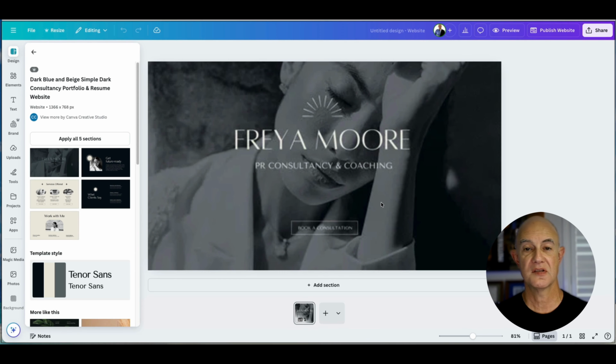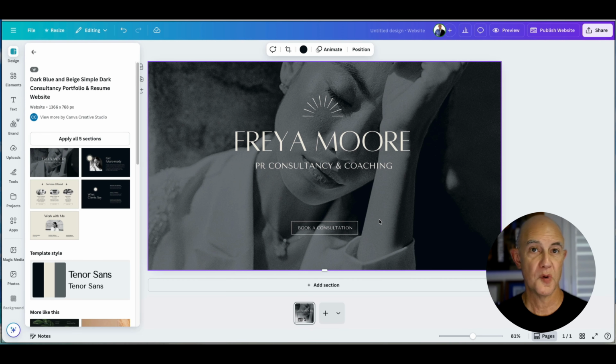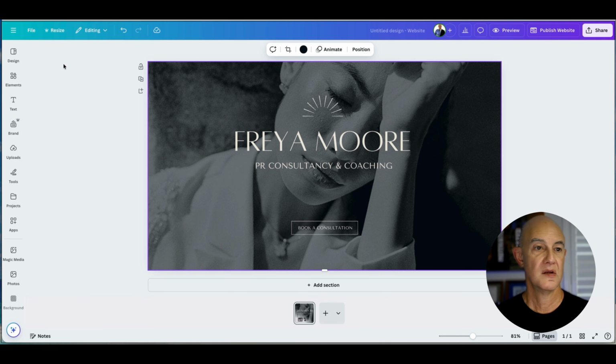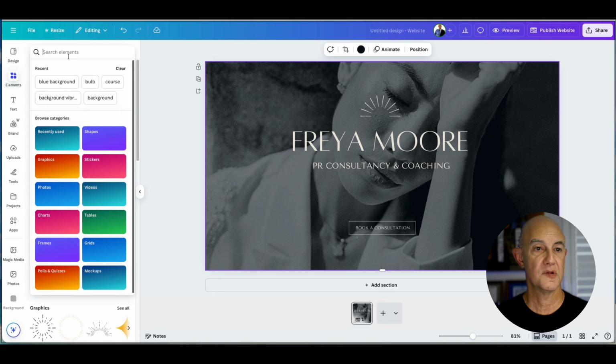If I apply this, here's the top of my web page. So if you like to look at it this way, we add sections to build the whole page. We don't really need anything fancy to do it because it's already laid out. So if I go in here into my elements and I want a picture of a car